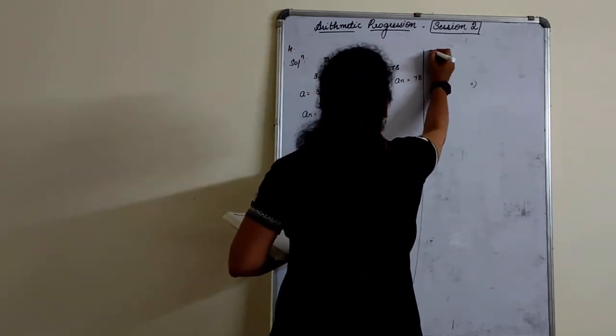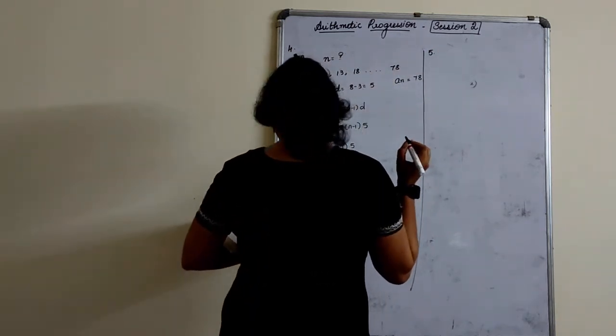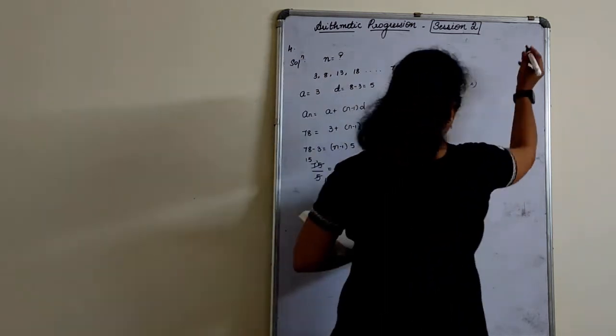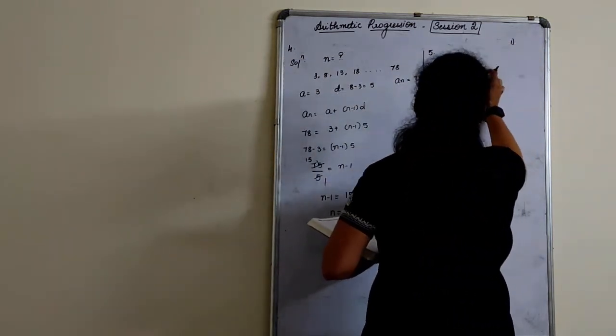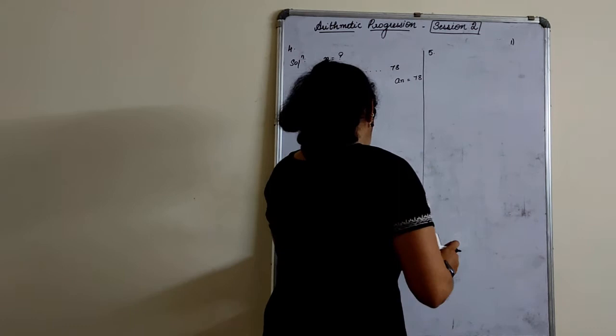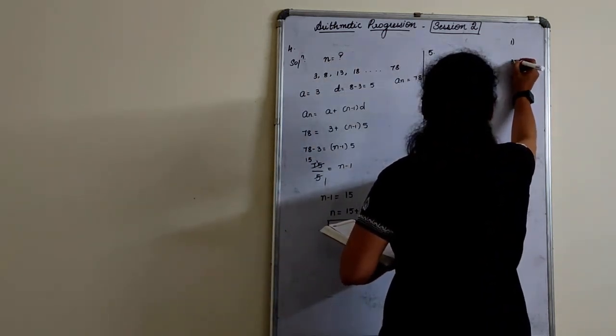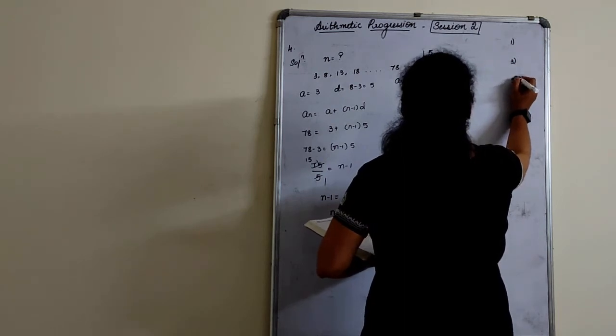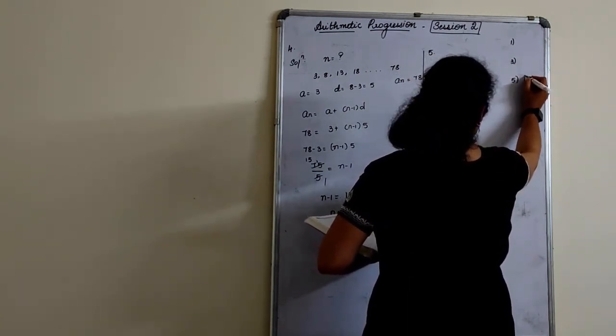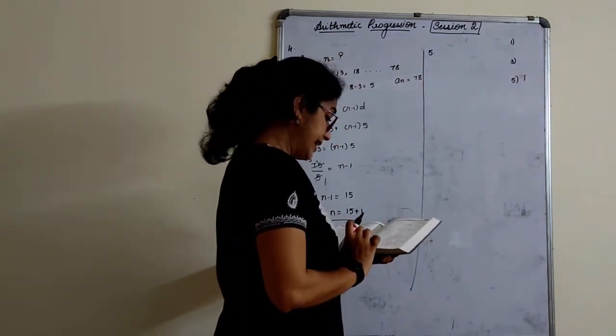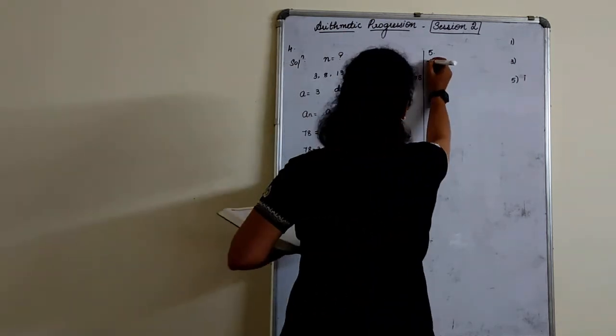Fifth mean, there are two sums. From first mean we had homework, right? Second mean there was no homework given, and third mean the homeworks were there. I'll rewrite it once again. Fifth mean, children, I think first one you can take that as homework. Second mean, second part I am doing it.